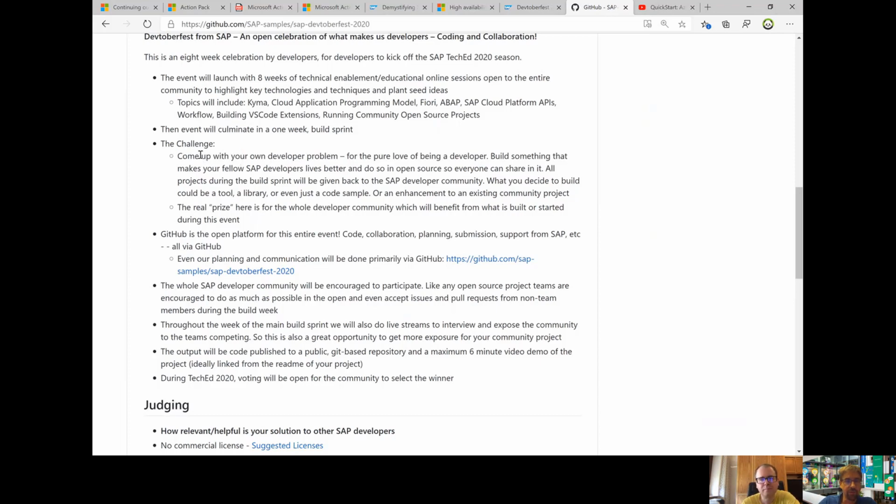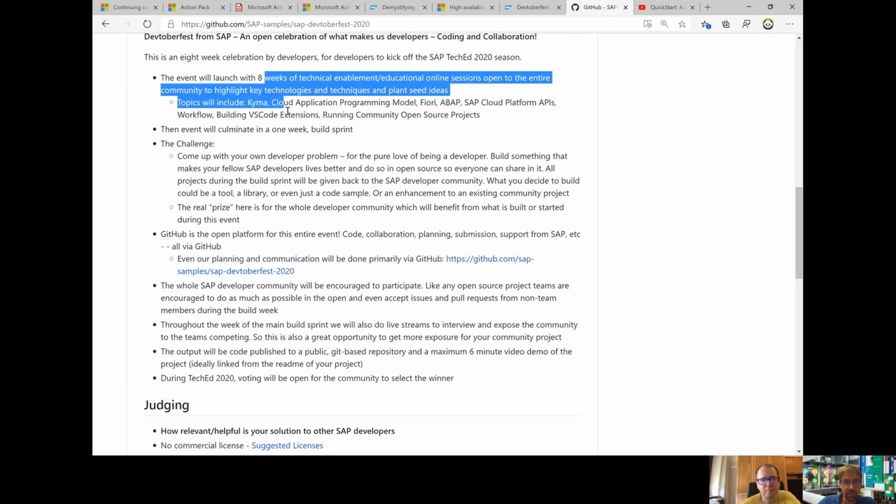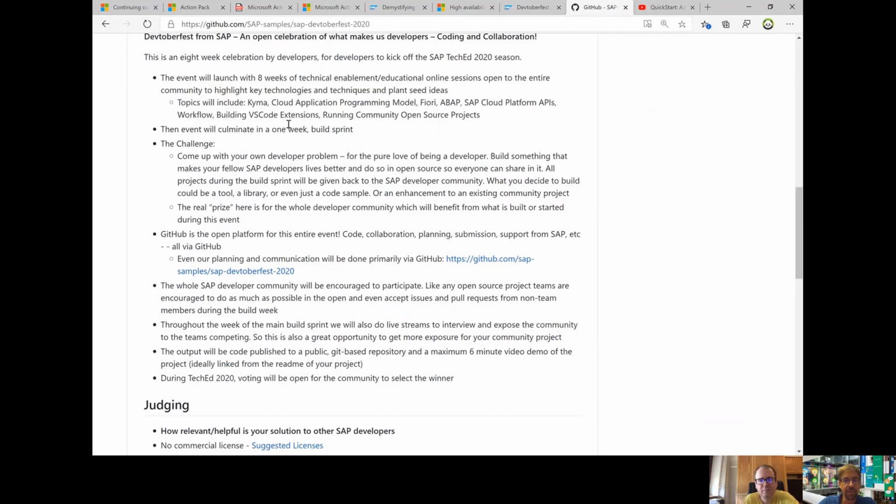First they explain some of the topics, but then you build something there, come up with some new workflow services, or maybe you have some cool ideas how to enhance schema, or use the Business Application Studio to enhance this one.